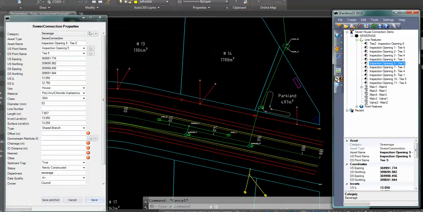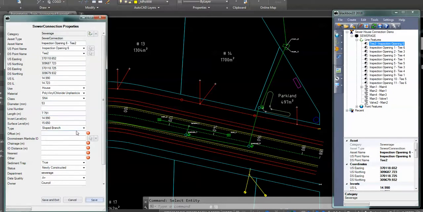So I'll click Edit by selecting on screen, and at the command line it's saying Select Entity. So I just select this sewer connection so it navigates to it,